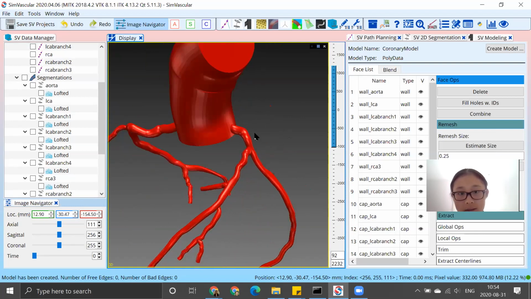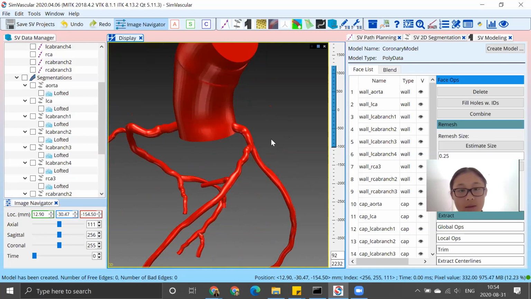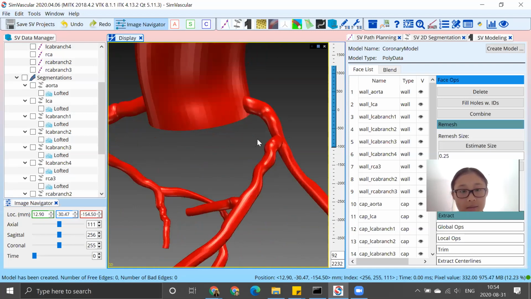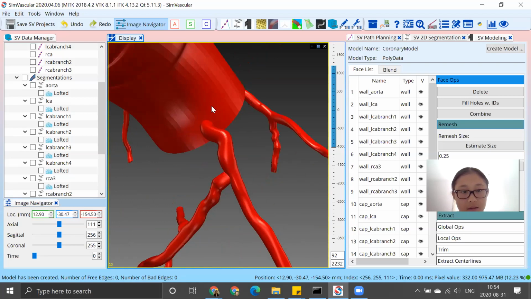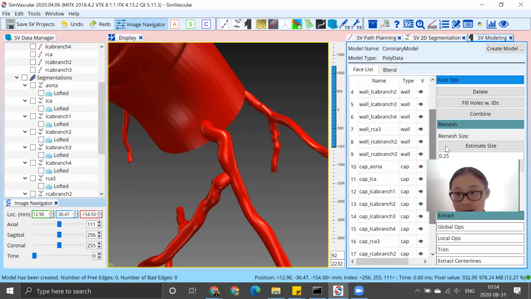So we want to highlight the cap. The cap is just the part of the vessel that connects to another one. So let's say we wanted to work on smoothing the left coronary artery cap, so this junction. So we go to our list of faces, and